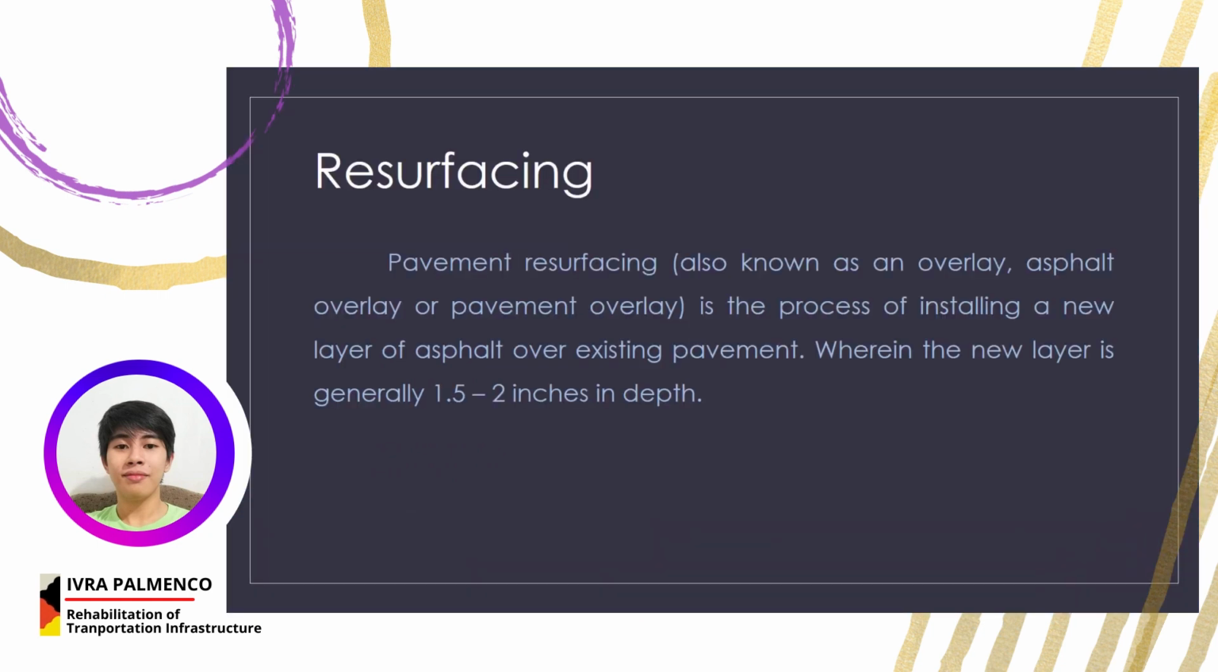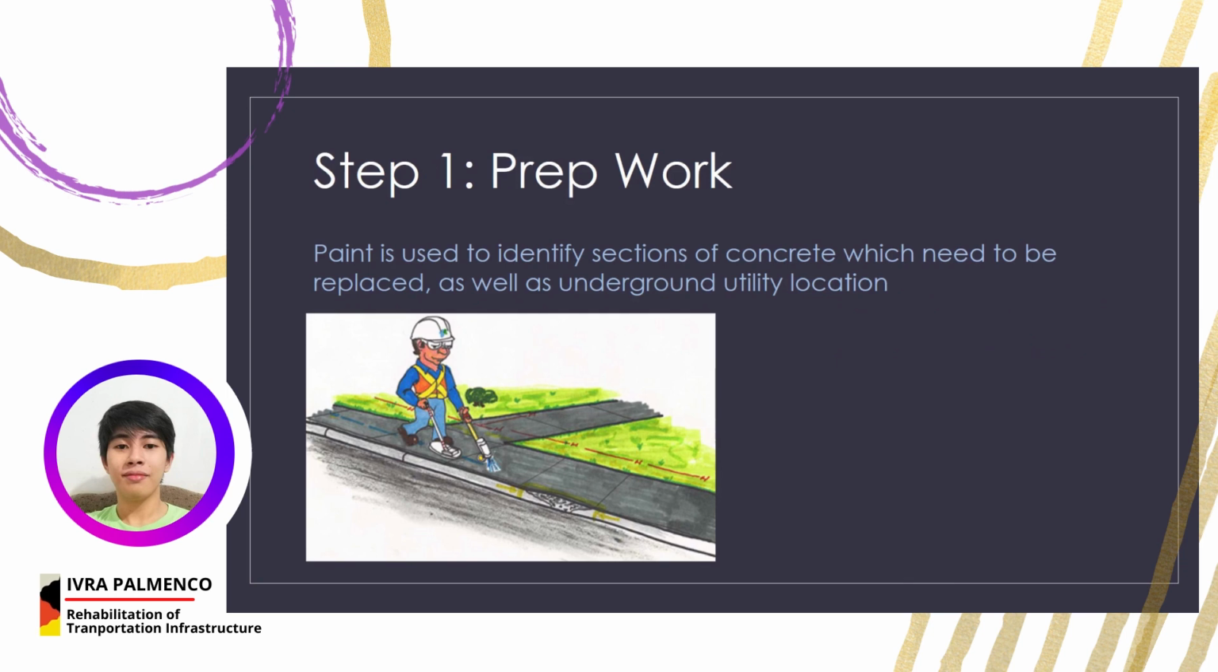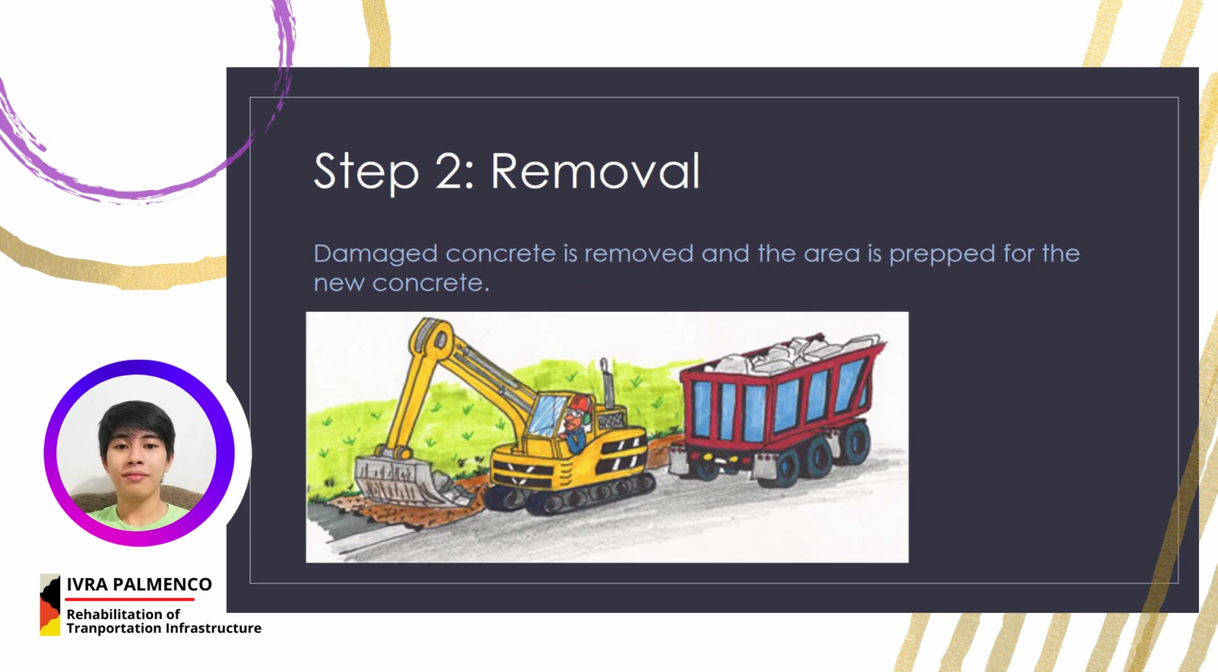One of the methods of rehabilitation is resurfacing. Pavement resurfacing, also known as an asphalt overlay or pavement overlay, is the process of installing a new layer of asphalt over existing pavement, wherein the new layer is generally 1.5 to 2 inches in depth. For step 1, prep work, sections of the concrete pavement or road are marked with paint in order to identify which parts are to be resurfaced, as well as to indicate the presence of underground utilities or other unknown important facilities. After identifying which parts are to be replaced, the marked sections are then removed to prepare the affected areas